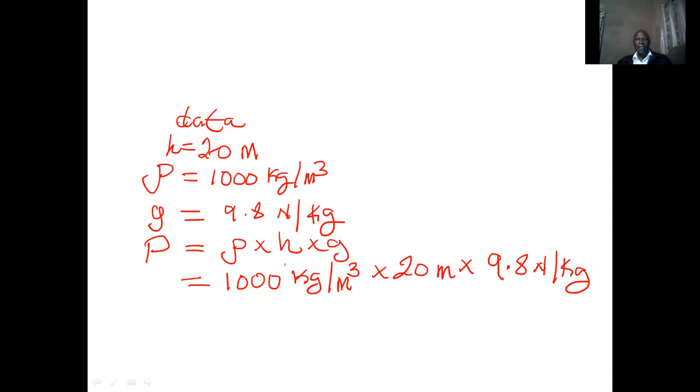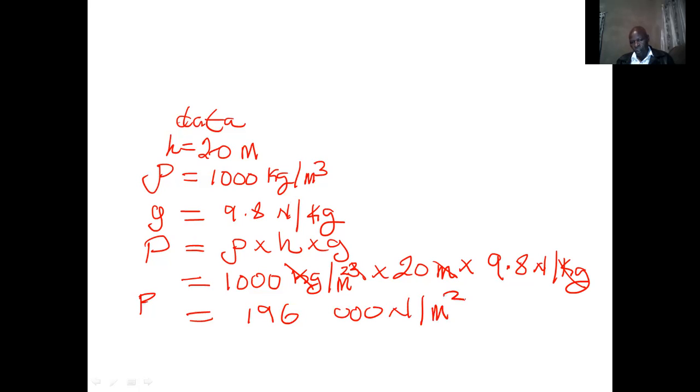Note that this kg and that kg will cancel, and the 1 meter there will cancel with this one. So we're remaining with the square meters and the newtons there. When you multiply that, it gives you pressure equal to 196,000